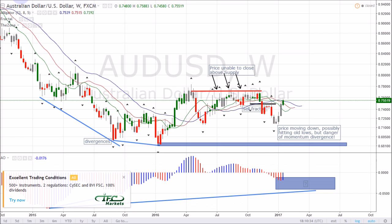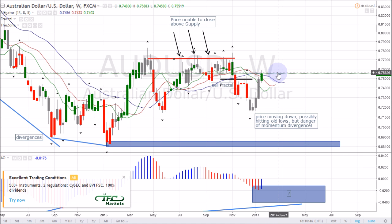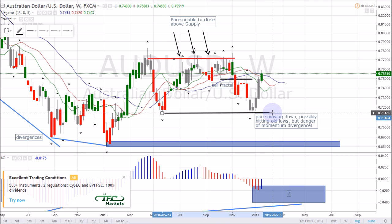The Australian US dollar shows us exactly the same picture. The only difference is that the stop above this fractal has already been hit this week. Now we are also closing above the balance zone, as you can see here, and this is not bearish at all anymore. Here we are jumping up. We are really moving from these lows here into the balance zone and even on top of it. When you take a look at the low where this paused, it's pretty much exactly at the previous fractal, and something is going on here. We have a lot of buy orders lying in here. Who knows if this market comes down or may as well turn into an uptrend